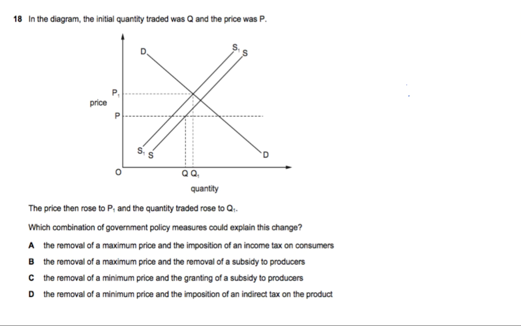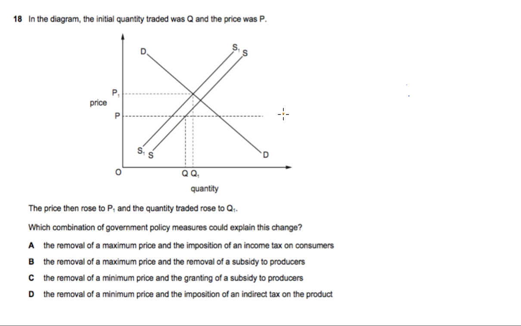Question number 18. In the diagram, the initial quantity traded was Q and the price was P. The price then rose to P1 and the quantity traded rose to Q1. Which combination of government policy measures could explain this change? Now, the first thing that we need to know is that